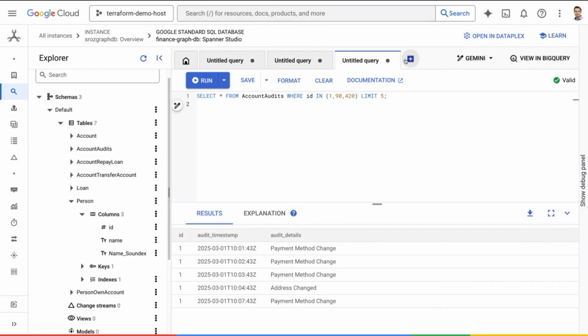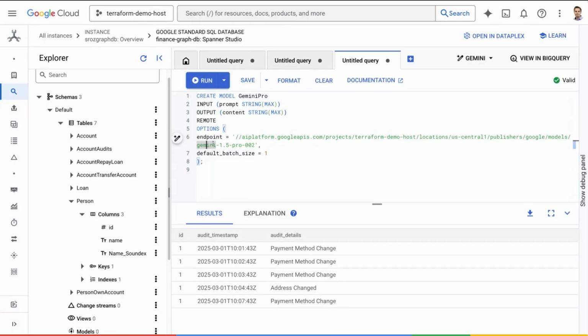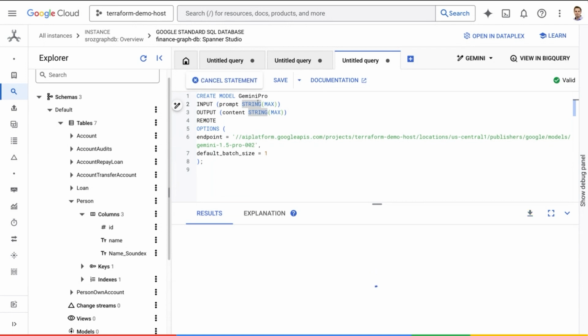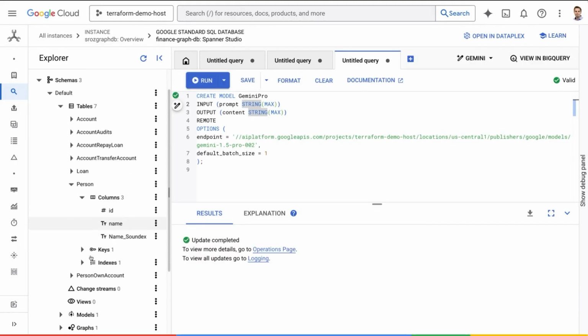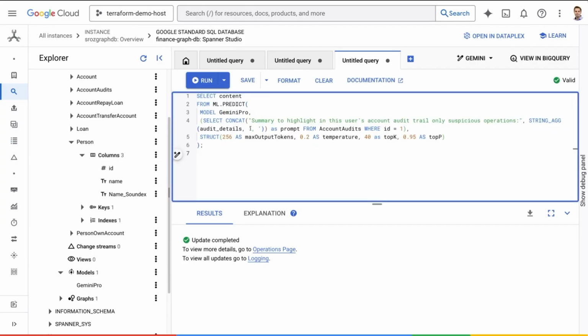So let's do that here. The first thing I want to do is register an existing model from Vertex AI in Spanner, so I can call it from my SQL statements. So what I'm doing here is registering Gemini 1.5 Pro as a model in Spanner called Gemini Pro. So this model is now registered and available. And the next thing I want to do, now that this access is available, is call this model